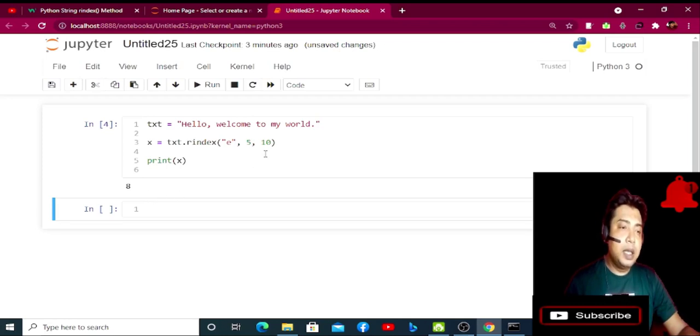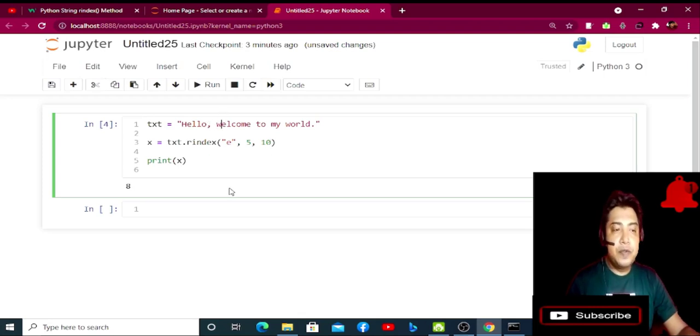Here, another thing is given. For example, from index 5 to 10, how many E are there? For example, E is at the 8th position, indexed 0, 1, 2, 3, 4, 5, 6, 7, 8. Yes. So from 5 to 10,